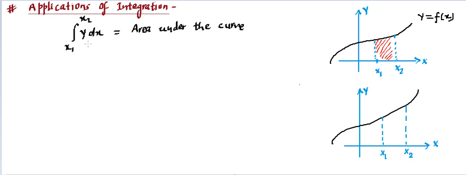Now let's learn how this integration is able to give the area under the graph. I'm going to explain why we say so, and if you focus you can understand how this area is going to be created, and this understanding will help us in future advanced level calculations as well. Now we are adding these things. First of all we are multiplying this y with dx. So we need to know what is y, what is dx, and what this multiplication is going to give us.